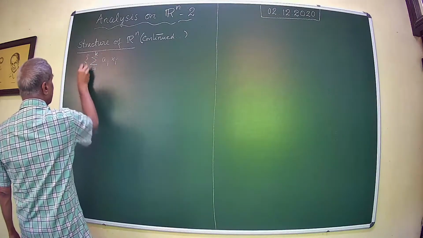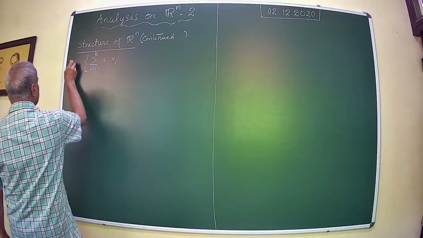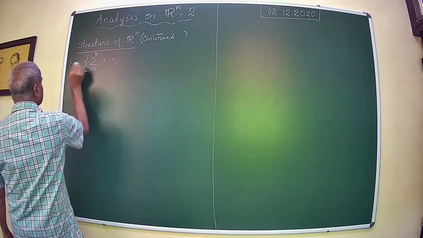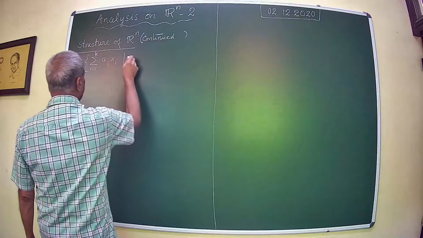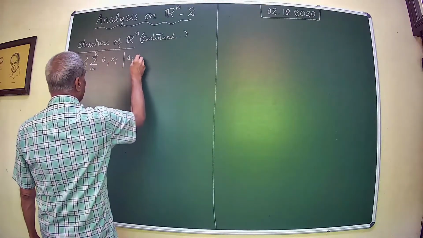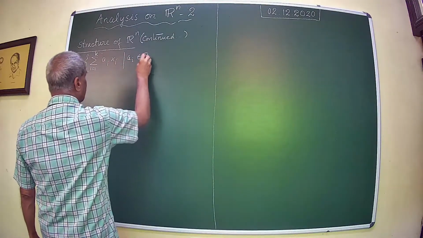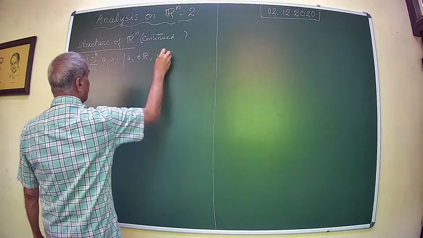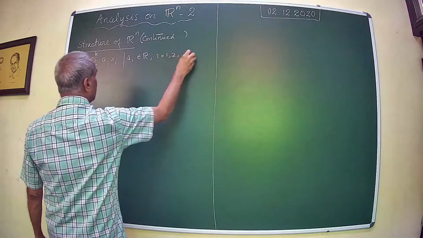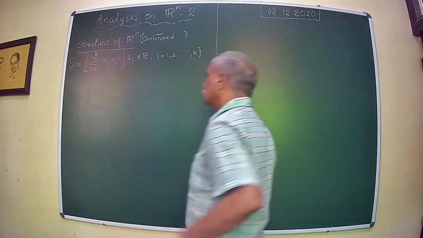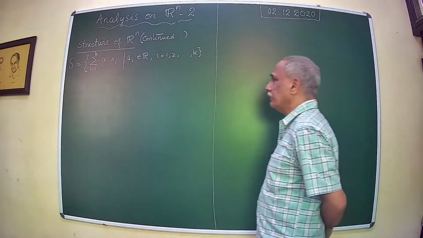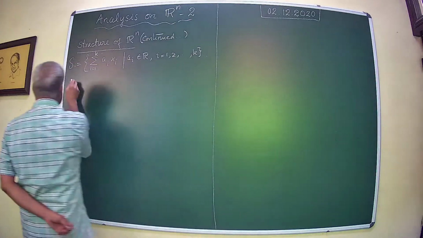Now this is the collection that we are talking about. So if I call this S, then this is equal to the set of such sums, where ai belongs to R. This collection, and one can prove that S is